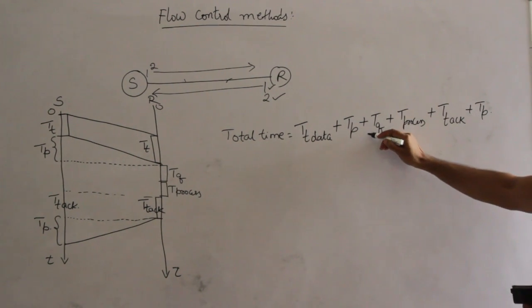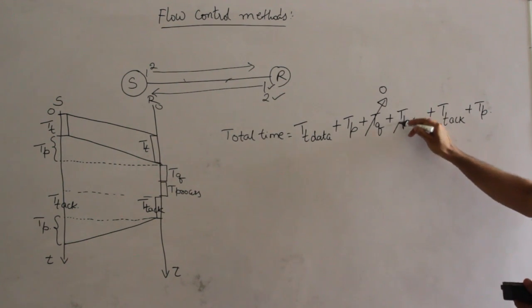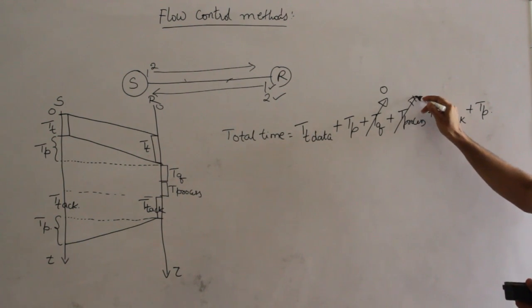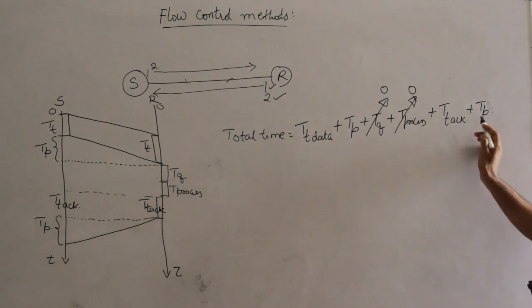Now in this we don't know what the queuing delay is, therefore just make it 0, and we don't know how much will be the processing delay. These are all practical values, we don't have any theoretical formula, that is why I am making them as 0, or assume that these values are 0, right? And now what are remaining? This Tt and Tp and Tp.